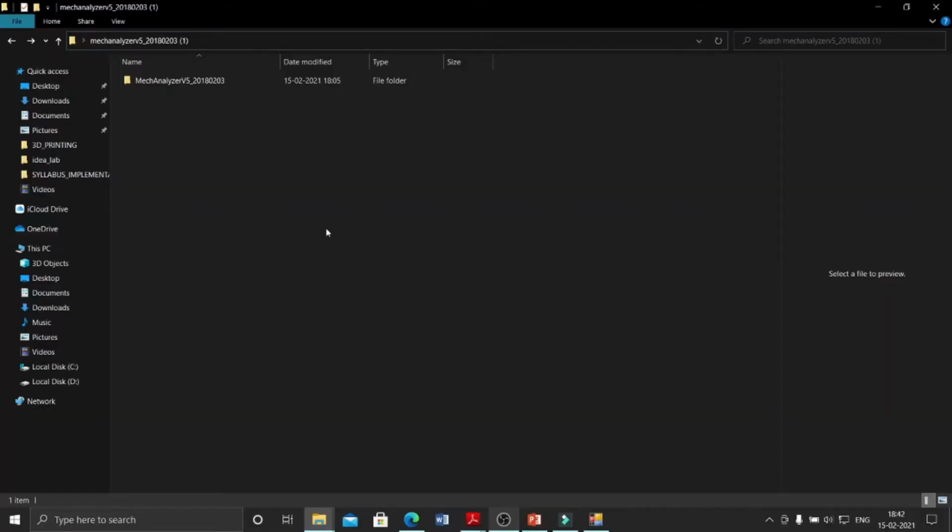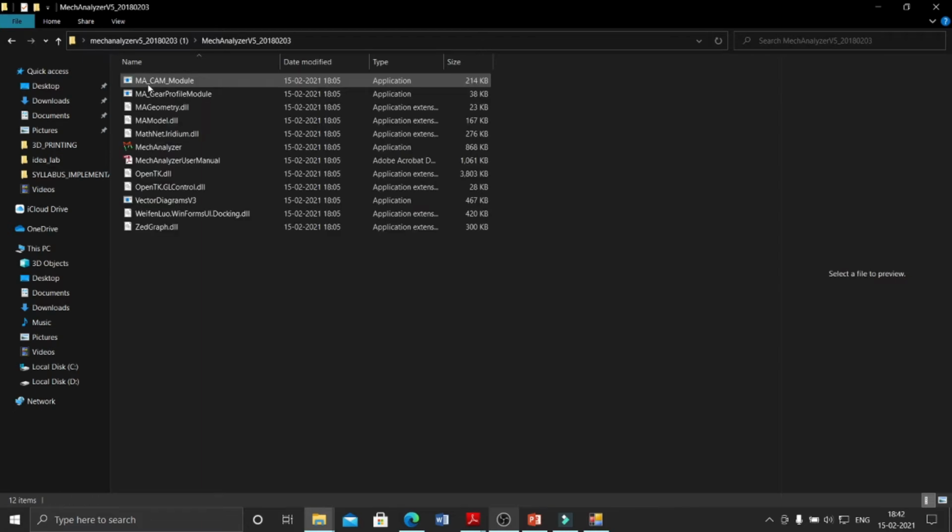Now to start with the velocity and acceleration analysis, first of all you need to go to the folder which we have downloaded and extracted. Just click on Mech Analyzer v5. In that you will find total 12 files. Here you will find the Mech Analyzer application.